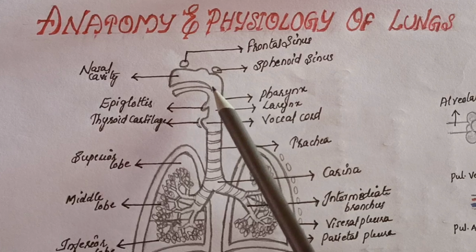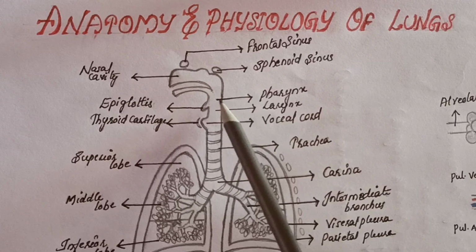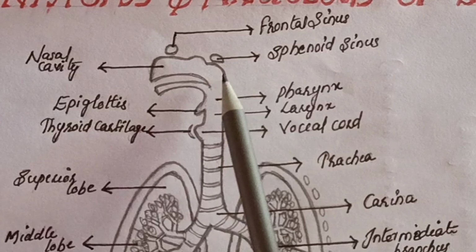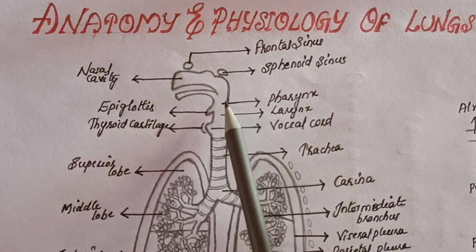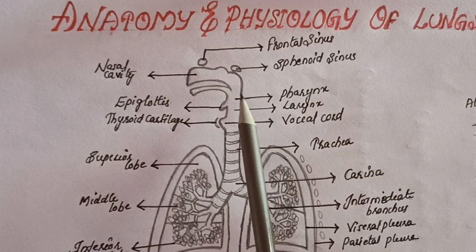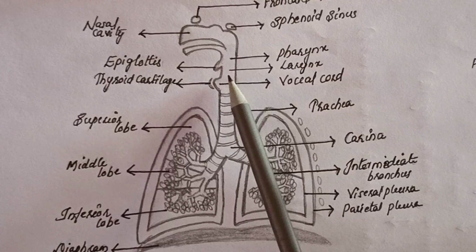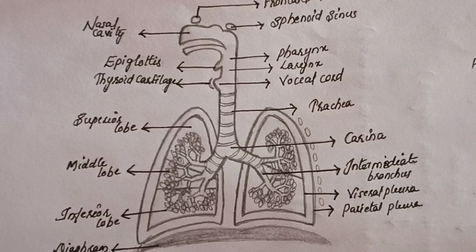Just below the nasal cavity, we have the oral cavity. Sometimes we use as mouth also for breathing. And just below that, we have pharynx here. We can divide pharynx as two. Just behind the nasal cavity, we have nasopharynx, and just behind the oral cavity, we have the oropharynx. The pharynx is around 10 to 12 centimeters of length and it acts as a passage of air to the larynx. Here we have larynx, which is made with some cartilages and it is responsible for the sound production.